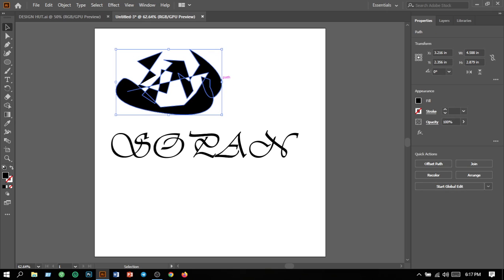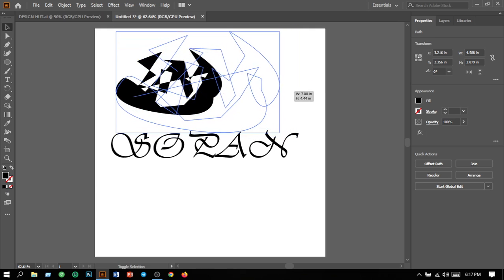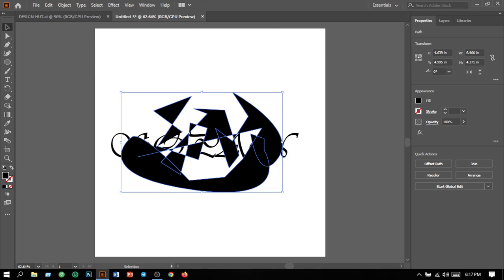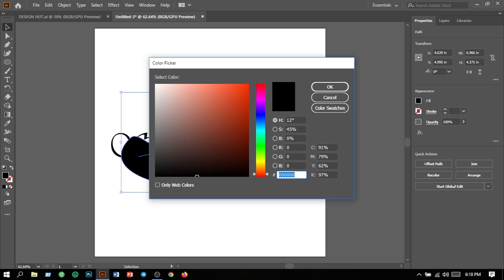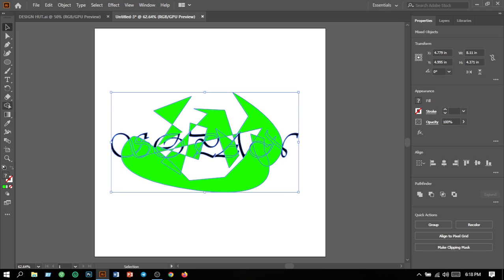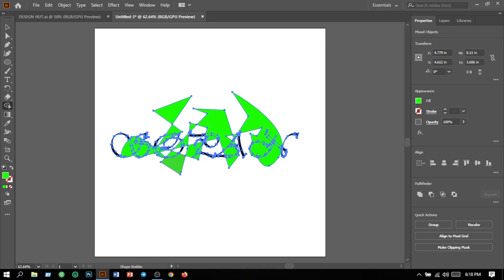I want to make it big. Here you can see. I will change this color to make it green. This is a unique design. Then I will go for the shape builder tool, and what I don't want, I will cut this portion